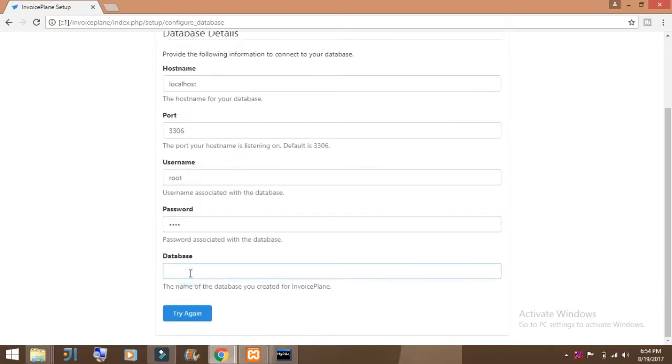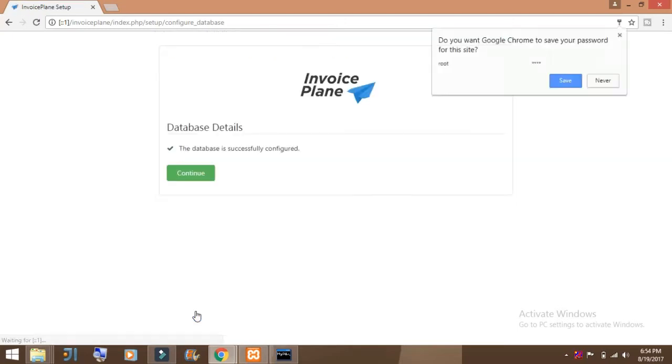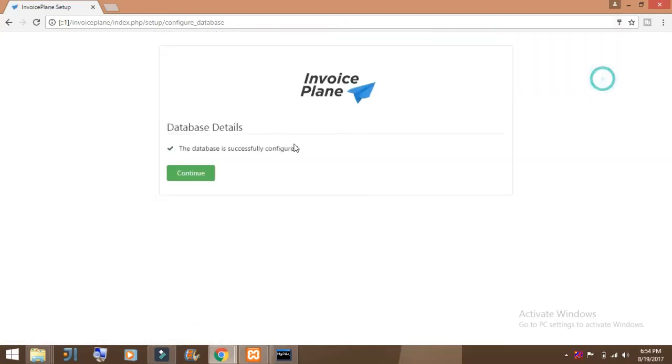Database name is invoice plane. So click on this button, then continue. Again click continue.